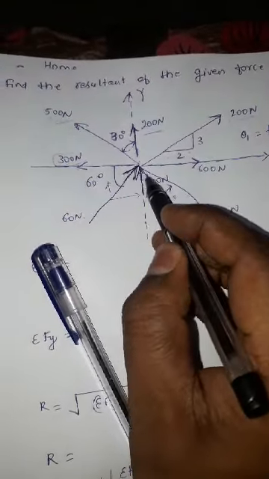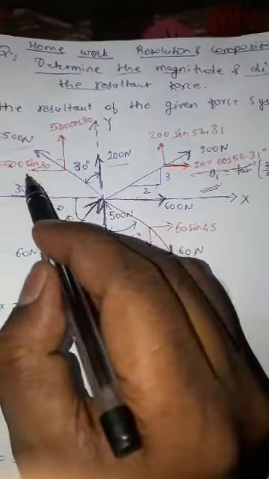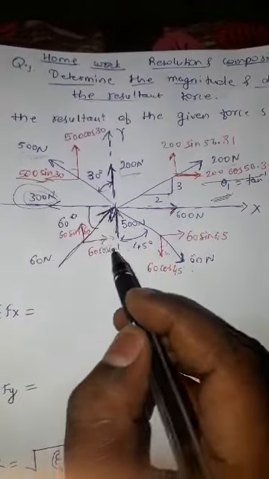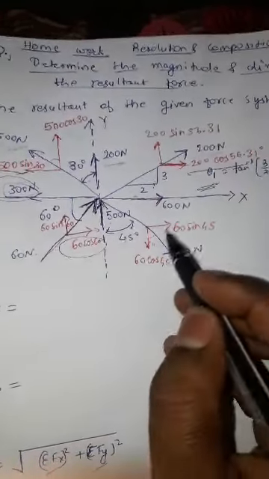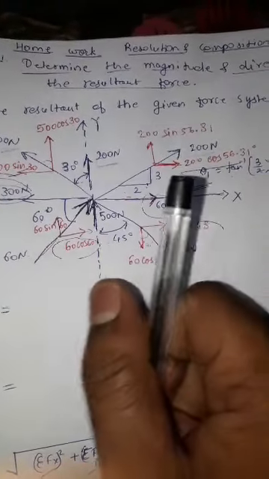Now coming to the calculation of summation Fx and summation Fy. As I have to calculate the resultant, I should know summation Fx and summation Fy. So for summation Fx, I am writing one by one here. Initially I am considering only the horizontal forces. This is one horizontal component, this is the second horizontal component, this is already horizontal so I am using it as it is. This is the next horizontal component, this is the next horizontal component, and this 600 Newton force. So this many forces I have to consider.